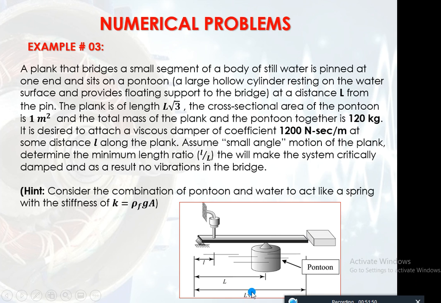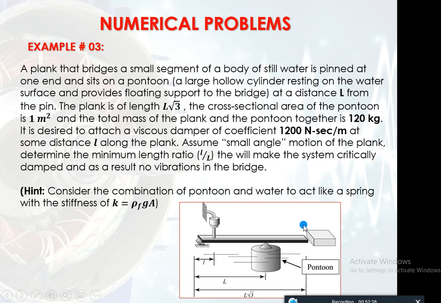Now most of the people get confused when they find the length of the beam. For example, here it is given that the length of the beam is square root of 3 into L. So we will be putting ml square by 3, that means m and L into square root 3 whole square divided by 3. So 3 will be cancelled with 3 and we will be left with ml square. So we have to put the total length, that is square root of 3 into L, that is the total length of the beam,